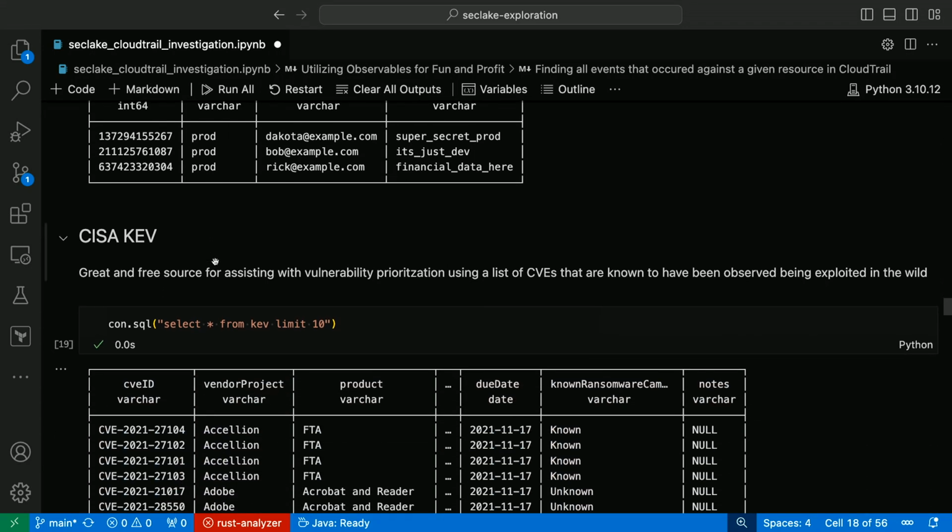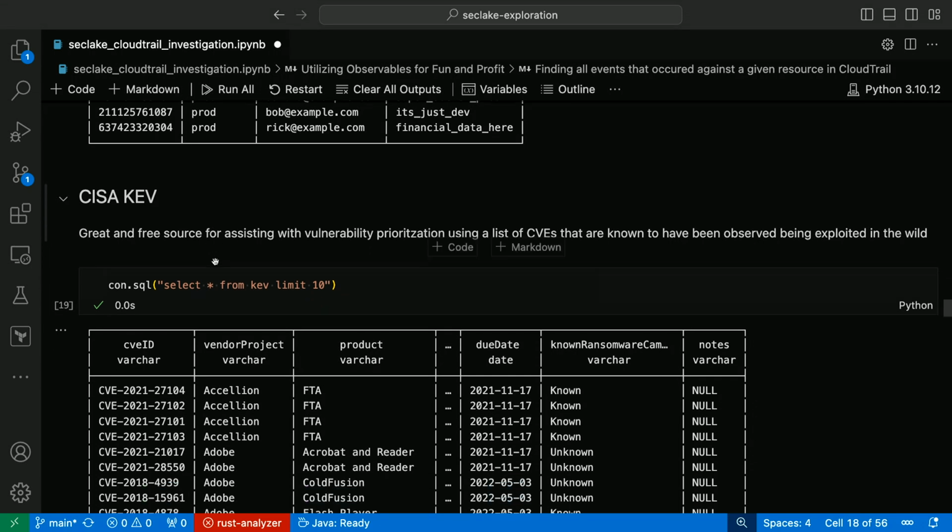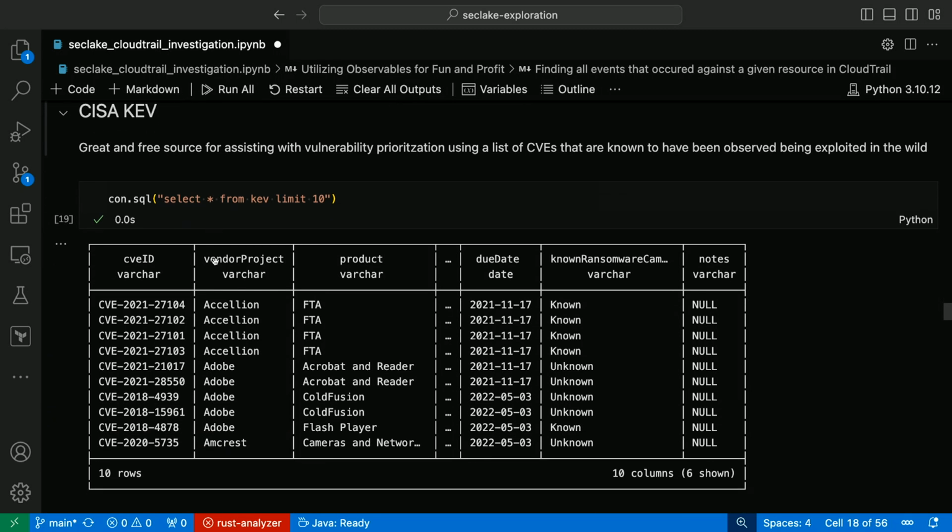One for vulnerability management I've seen that's really common is the Cybersecurity and Infrastructure Security Agency known exploited vulnerabilities list, which is literally just a CSV you can pull down, and you could do a join on this and other vulnerability management tools, Inspector. If you're using something that's not Inspector, it's often not embedded.